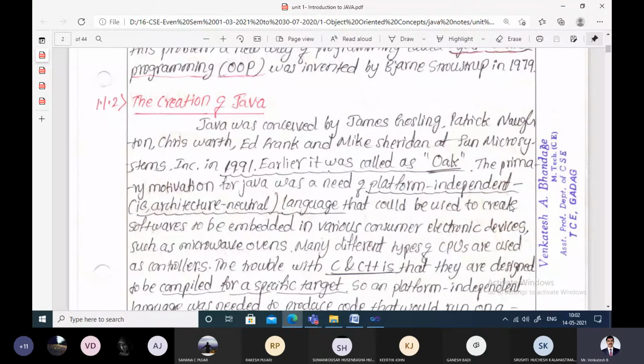And even though we had C++, what was the need for going to the Java programming language? The main reason for going to Java is that the C++ language was not portable, and there was a need for a platform independent or architecture neutral programming language. What do you mean by platform independent or architecture neutral? Once you write a code on one particular architecture,